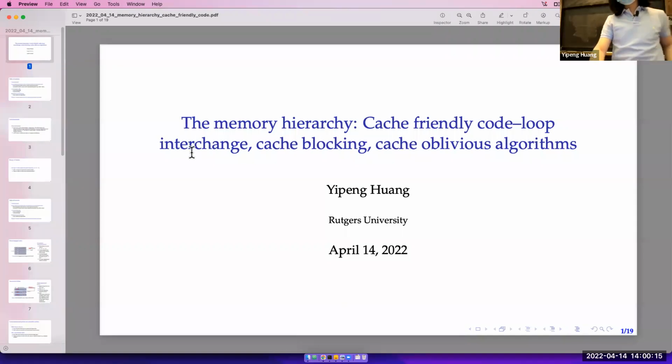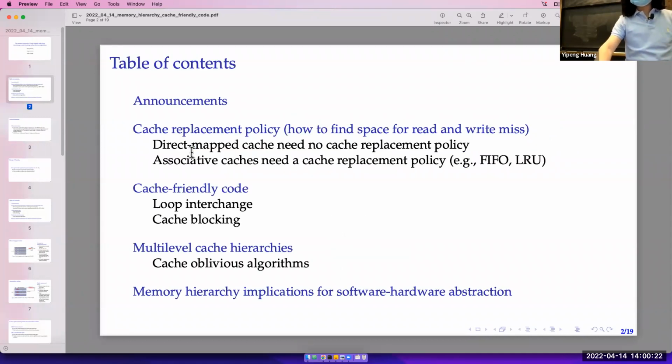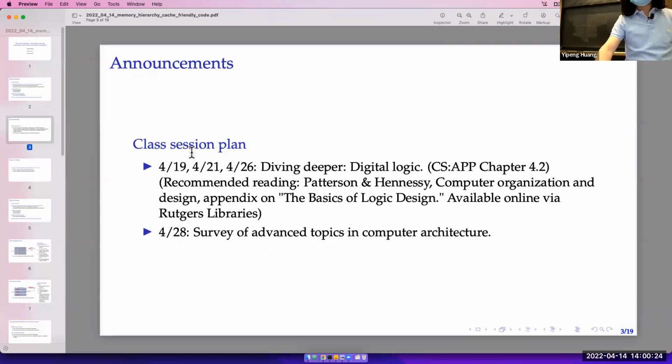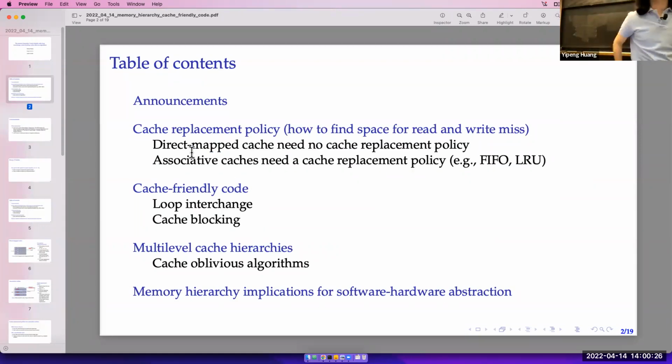All right, so today's the last class on the caches chapter of this class. So announcements first, maybe before announcements, right? So let's do a quick